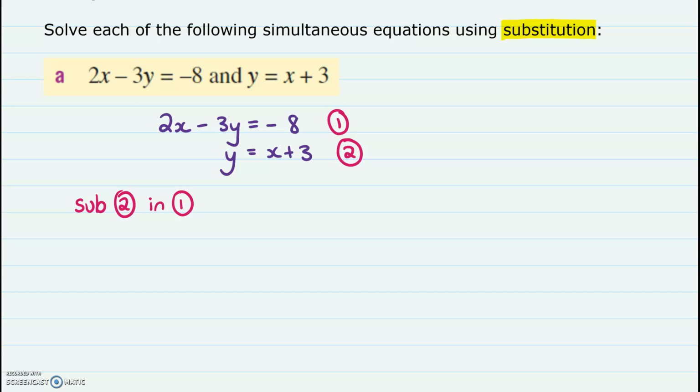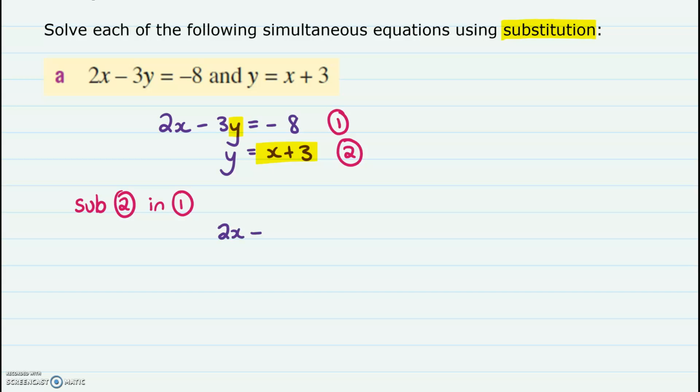So what I'm going to do is, in equation 1, that's where y is. But instead of y, we know from equation 2 that y equals x plus 3, so I'm going to substitute x plus 3 in wherever there was a y in the first equation. This might be a bit confusing to start with, so sometimes you need to try a few to get used to it. I said I'm going to sub 2 in 1, so I'm going to write out equation 1,